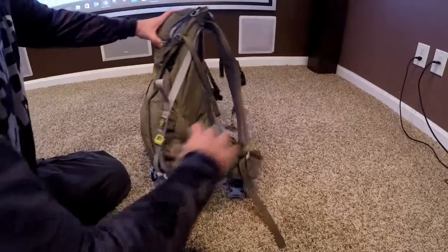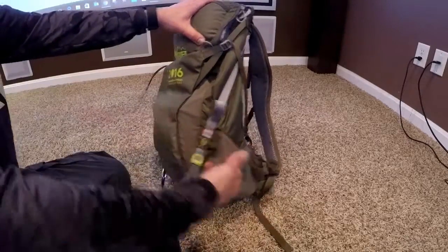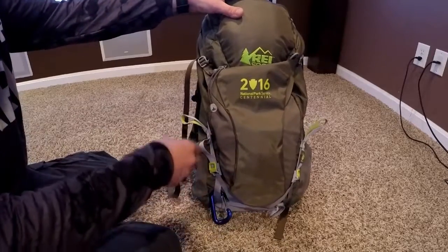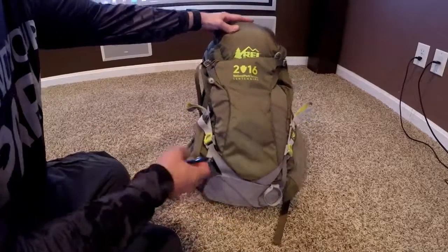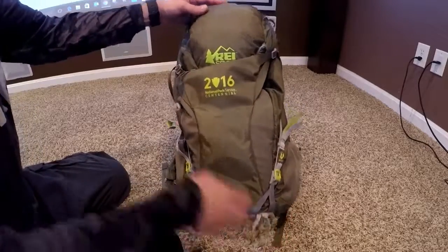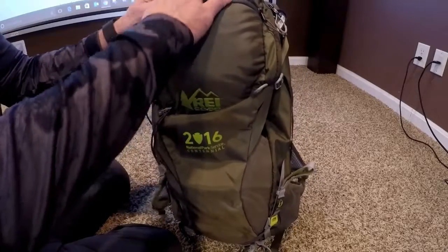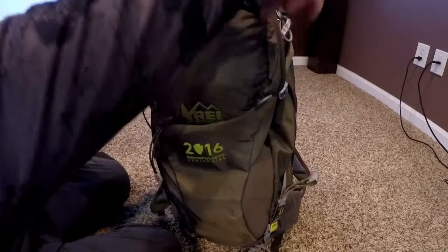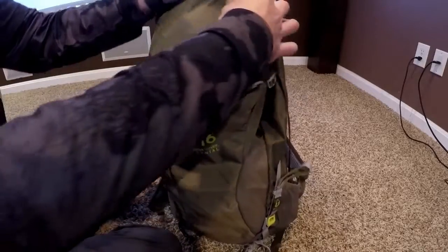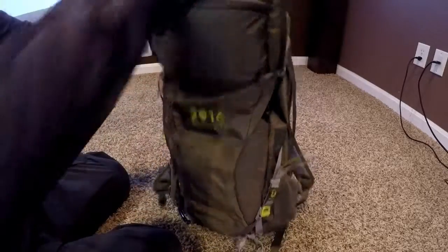The Traverse has also got 2 side pockets, which is good to stick your camera in. You can reach back easily, pull it out without having to take your pack off. Several loops for things like carabiners, or you have a trekking pole loop here. You have an upper pouch, which right now has my compressible camping pillow in it that I used on the airplane coming home. And then if you open the bag,